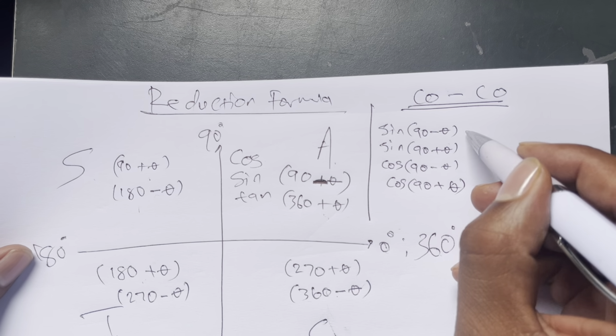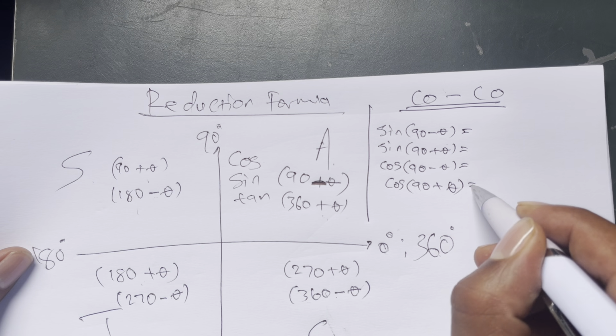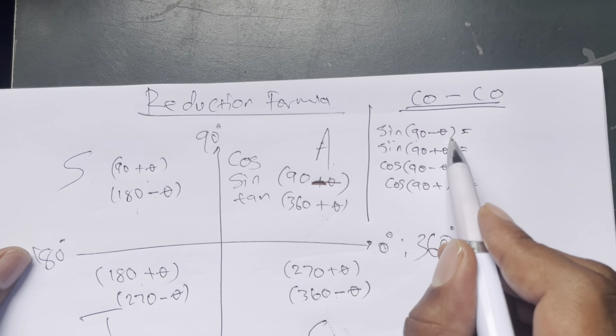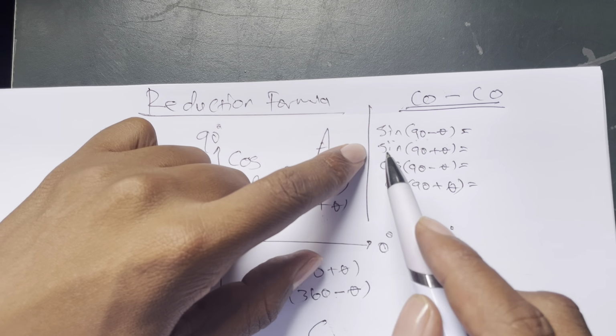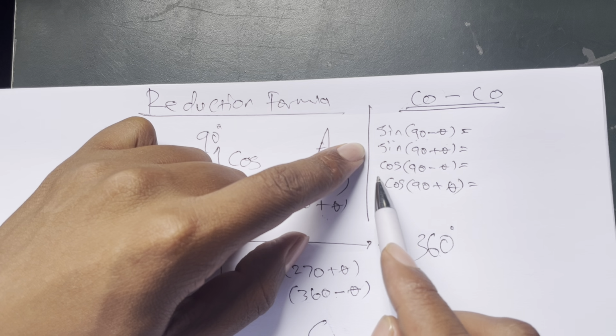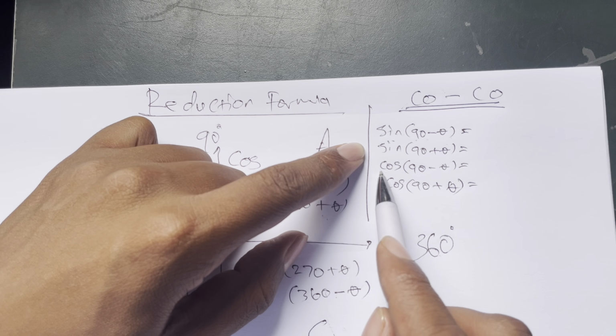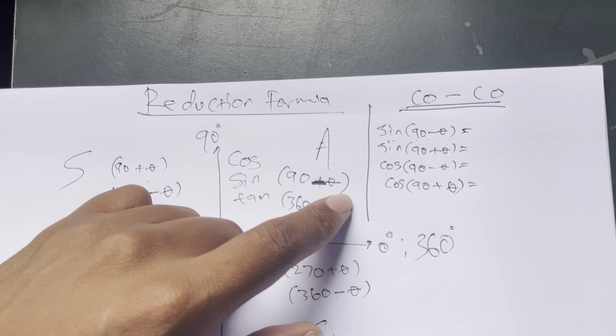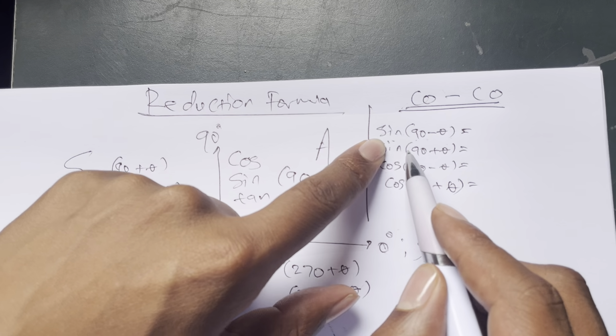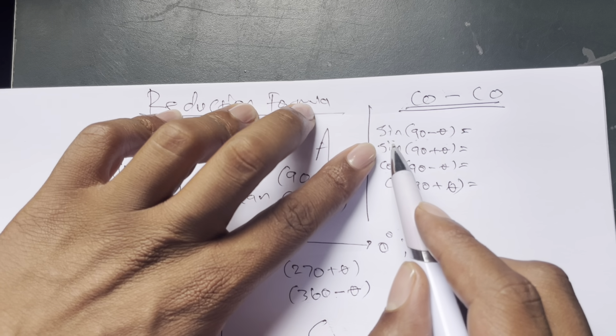Okay, so let's look at it. Sine into 90 minus theta. Firstly, where you see co, that means you're going to subtract co. Where there is no co, you are going to add co. Look, you have sine and then you have cosine, so the cosine has co, you will subtract co. When are you going to subtract it or add it? First, you look at, you have what? You have sine